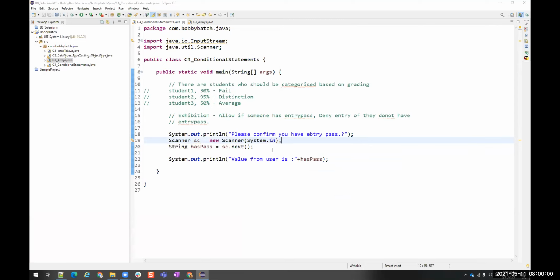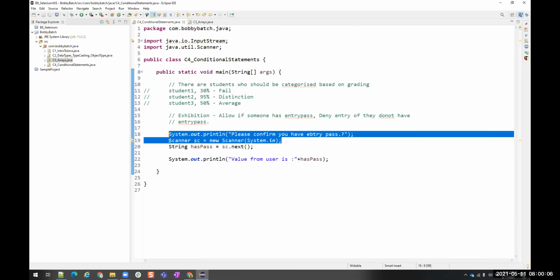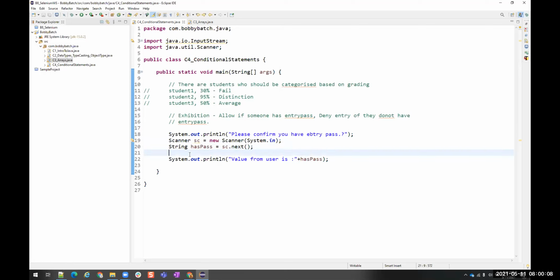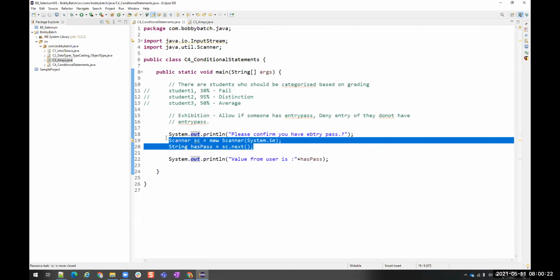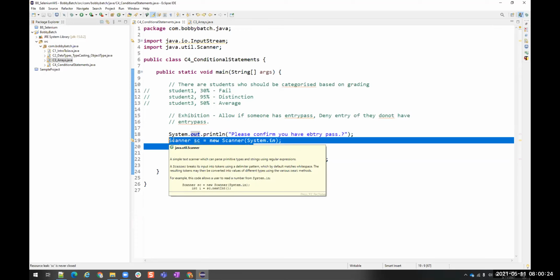Yeah. So you just remember it. If you want to take the input from the console, you have to write these lines. This one and this one. This is creating an object for the input or the console. From the console, you have to read, right? To read, you have to use the next method. This next method will take you to the next line and read the values. So you have to use this. Just remember both these lines. That's all. That's enough. Okay.